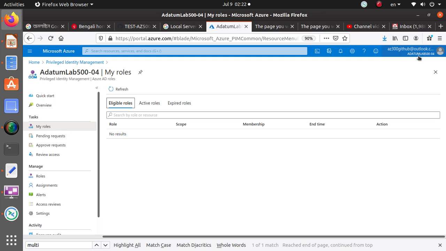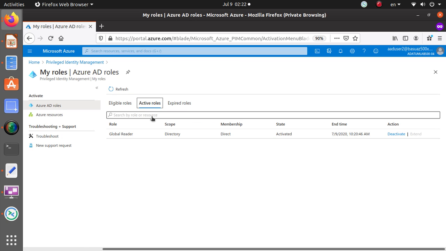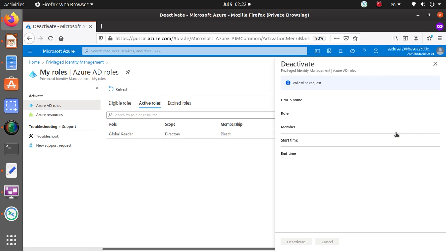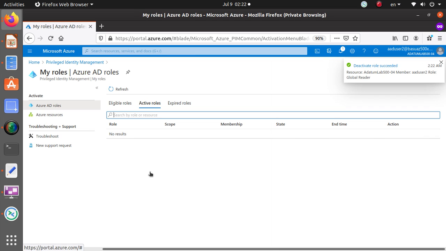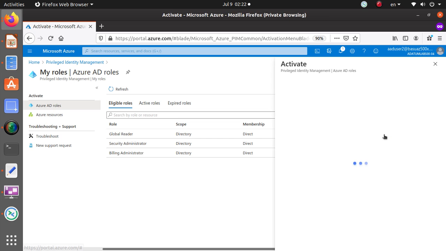But again, this is me. If I go over here, active roles, global reader, and it says that we have activated that role. How did that happen? So let's deactivate that one more time, and let's try to inactivate that role. So come back over here. Looks like this is permanent and this is permanent. If I click on activate again,